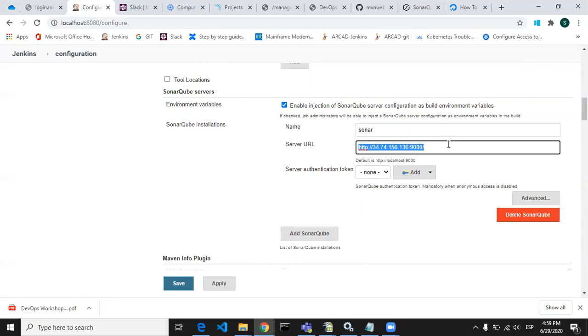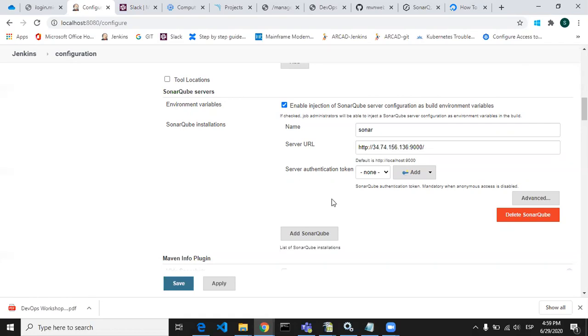This server URL is nothing but the URL where your SonarQube is installed, or where you can see your SonarQube section. This IP is nothing but your machine IP where SonarQube is installed. The 9000 is the default port for SonarQube. So this server URL you need to put here. I will tell you how to get this URL. Okay.